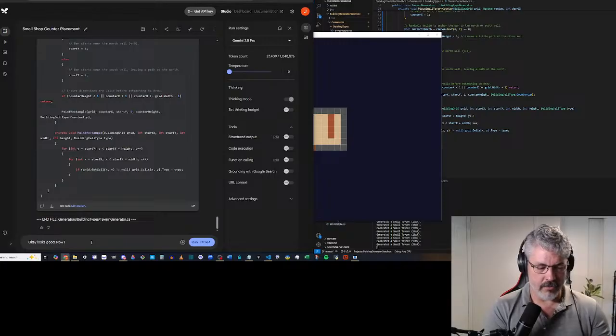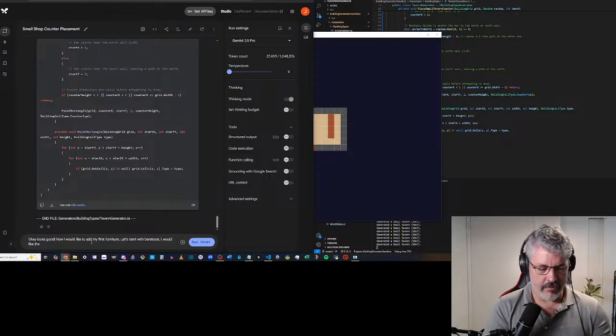Now I would like to add my first furniture. Let's start with bar stools. I would like the bar stools to be placed every other tile adjacent to the countertop.